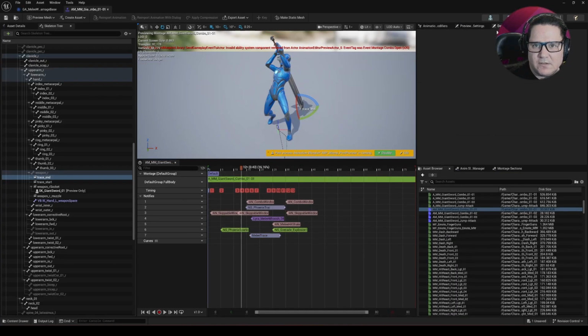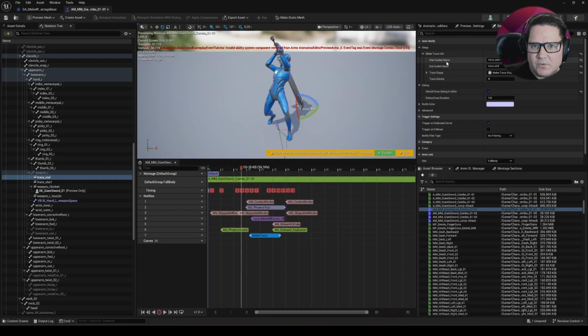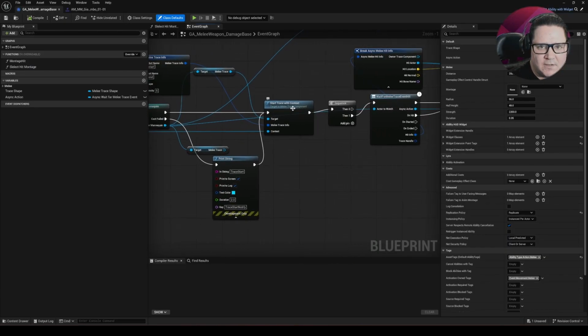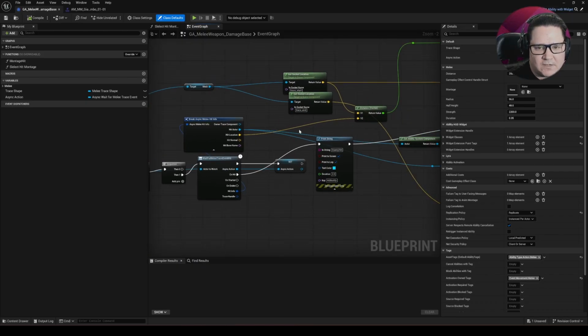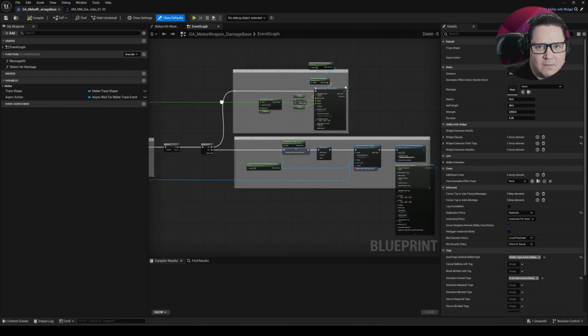Here we can see in the details, if I press the melee trace, that in the melee trace info I put the start socket and the end socket and I specify some of the values. These traces are used later in here to generate that trace context to be able to detect if we are hitting any character, and then by gameplay ability setup I am able to send the damage based on the setups done in the default